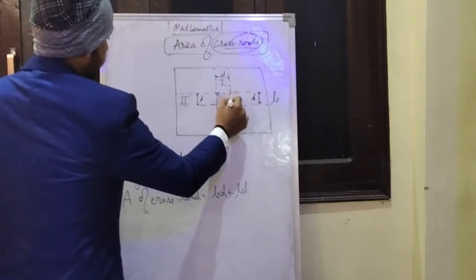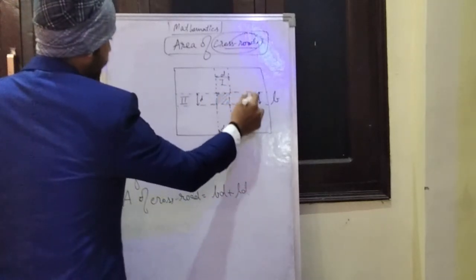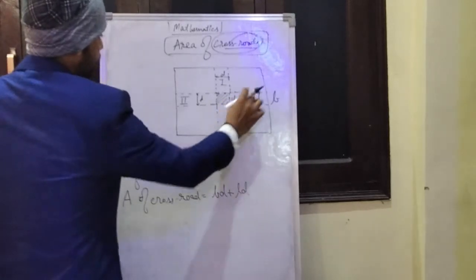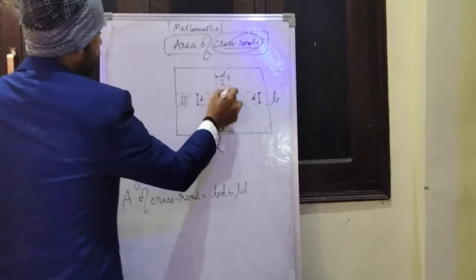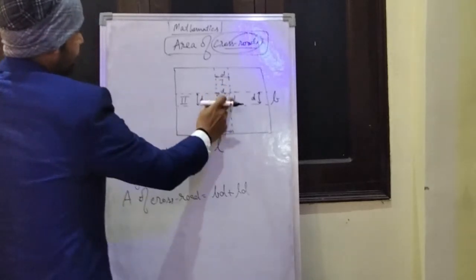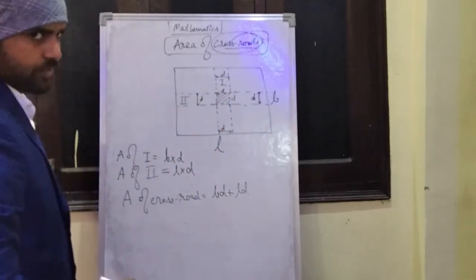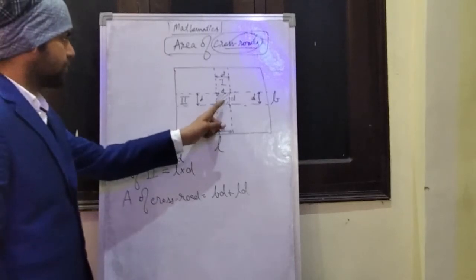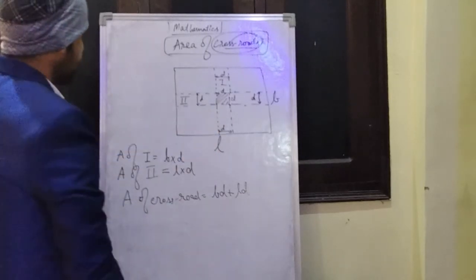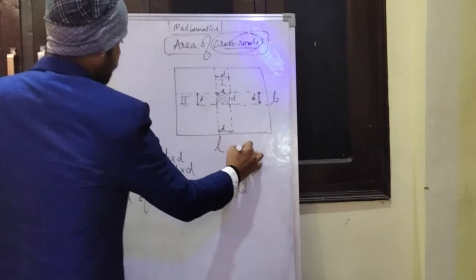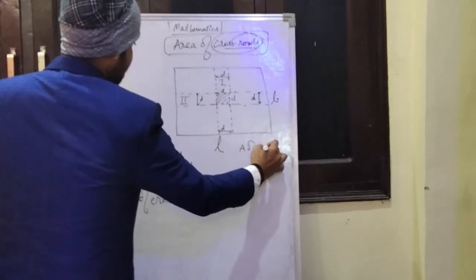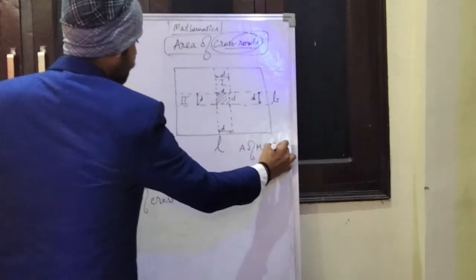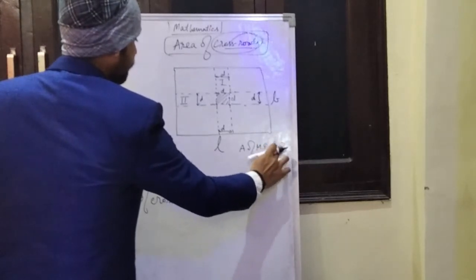For finding the area of this middle portion, you can see that the width of this horizontal path is D. Here also the width is D. So both the sides are the same, and the middle portion will be a square shape. Therefore, the area of this middle portion is D into D, meaning side into side.